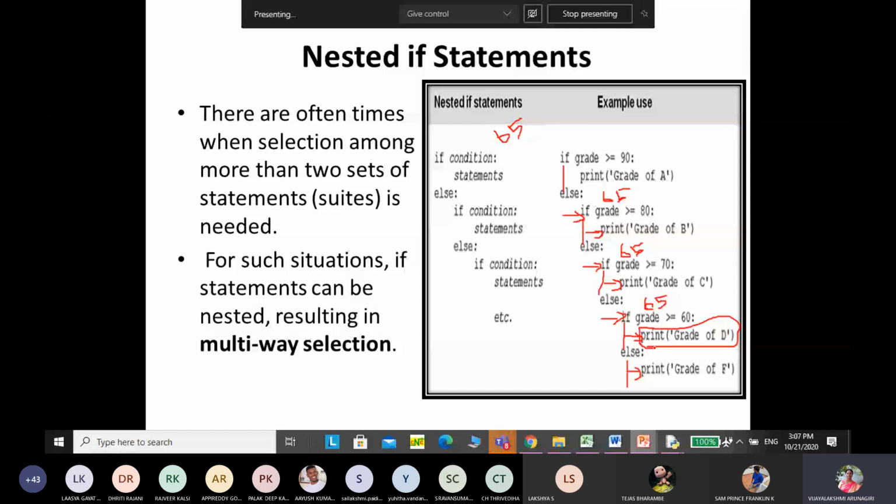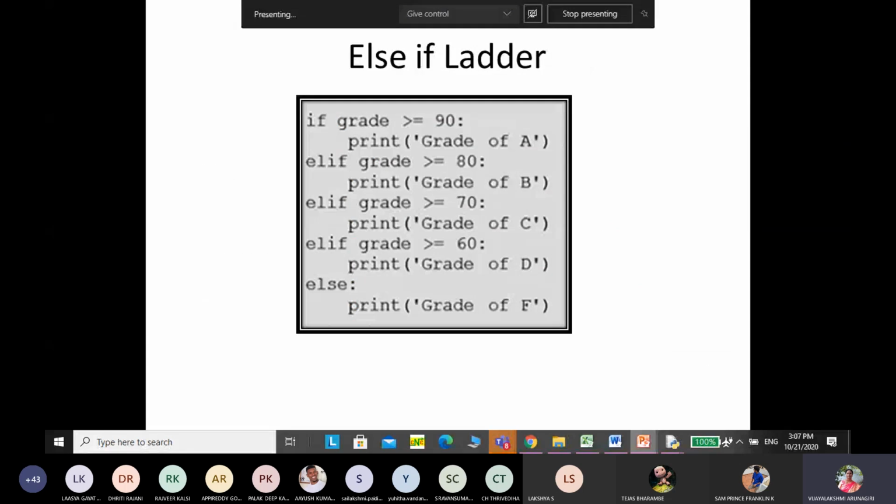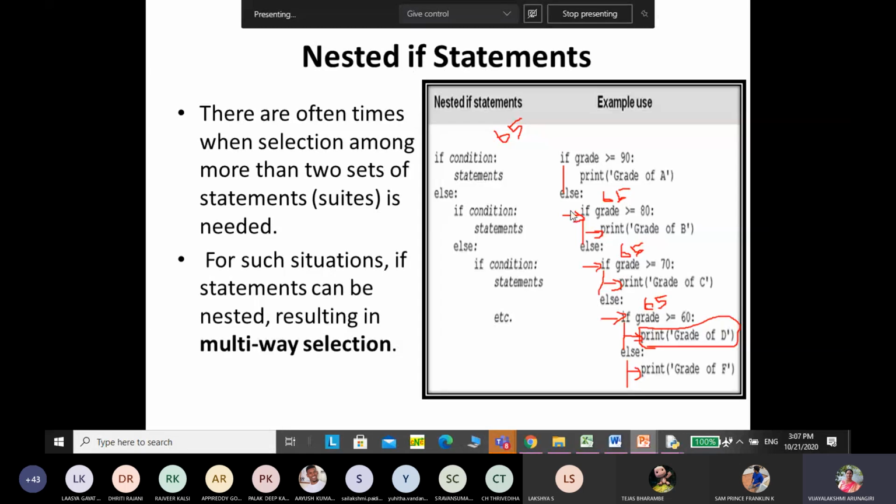But in this nested if, we should be very careful about the spacing. To minimize this unwanted extra indent space, one provision we have is called the else if ladder in Python. Here, instead of using else if continuously, each time one more condition is checked with else if.